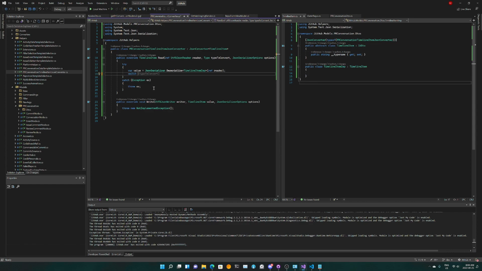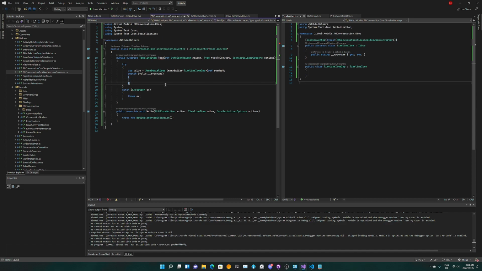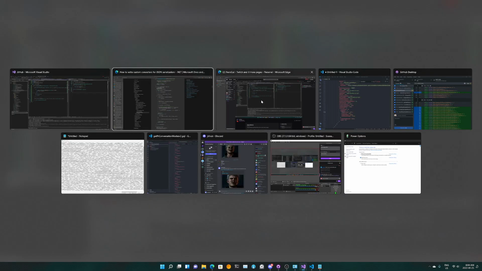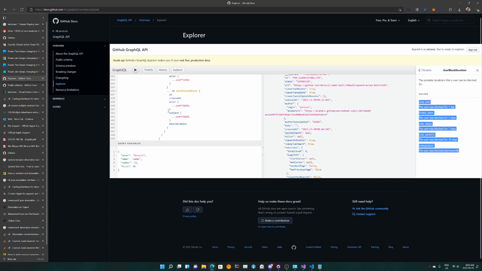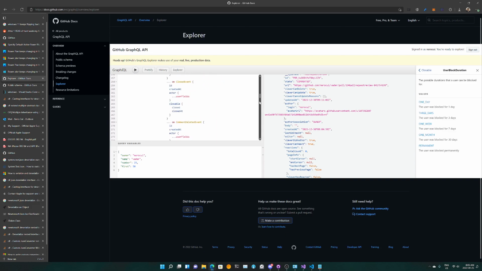So yeah, let's replace it with a bunch of actual classes here. Let's try to switch on value dot type name, and we're gonna have a bunch of cases, right? So to get all of the cases, we need to go into the Explorer again, and over here we're gonna be able to just scroll up and up and see if they give us the scroll bar. Oh no! Oh come on, scroll bar, yes. All right, there you go.